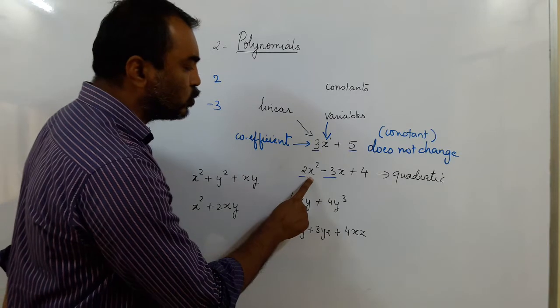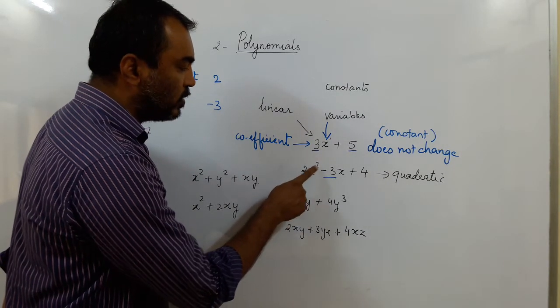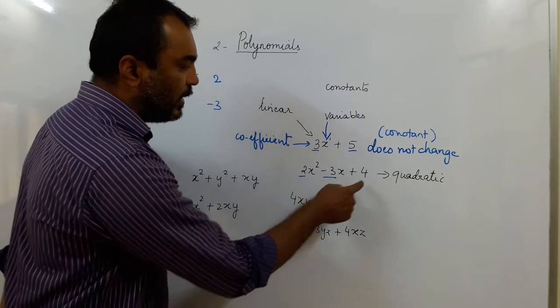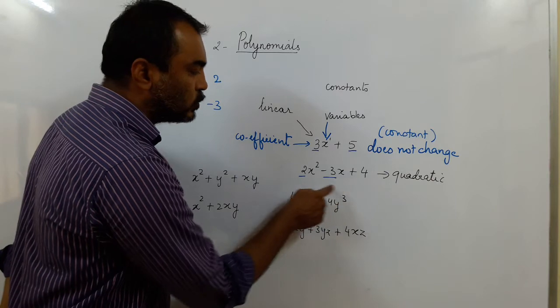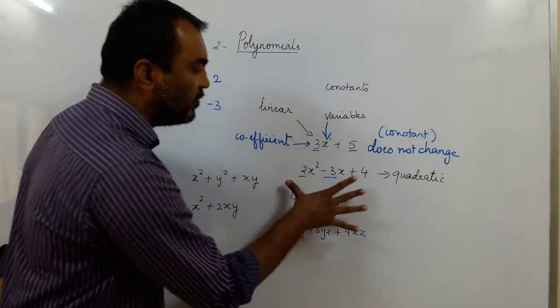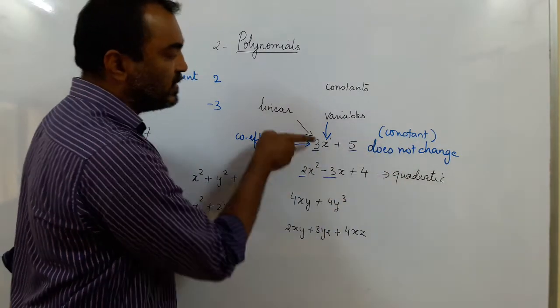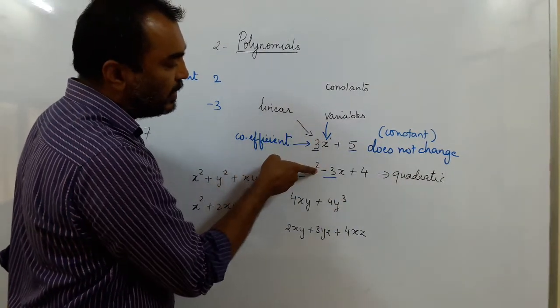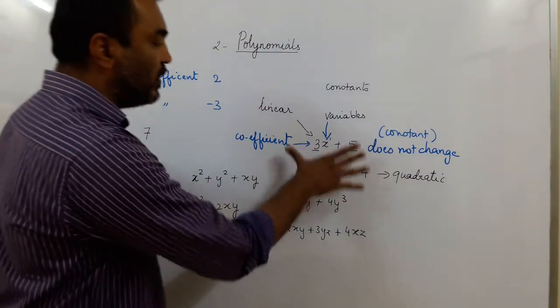If I put x equal to 2 here, then 2 square is 4, 4 2s are 8, 8 plus 4, 12. And when you put 2 here, you get 3 2s are 6, so 12 minus 6 will give us 6. So these are equations in only one variable, which is the variable x. Both these equations, the degree is 1, the degree is 2, but there is only one variable here.